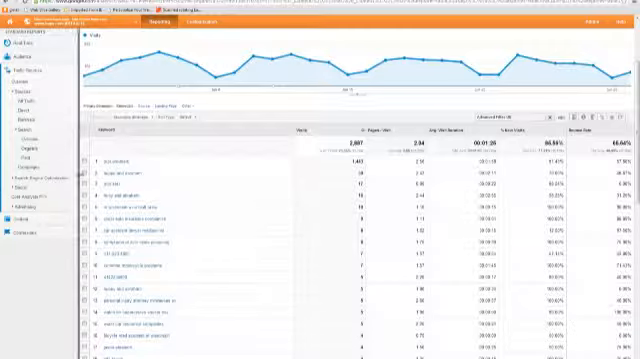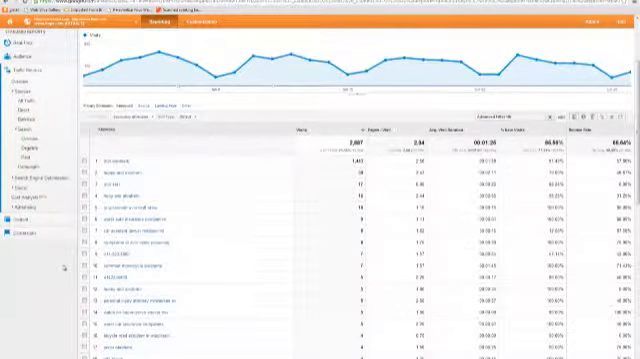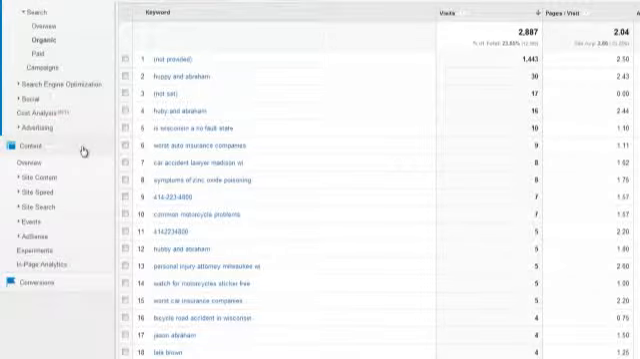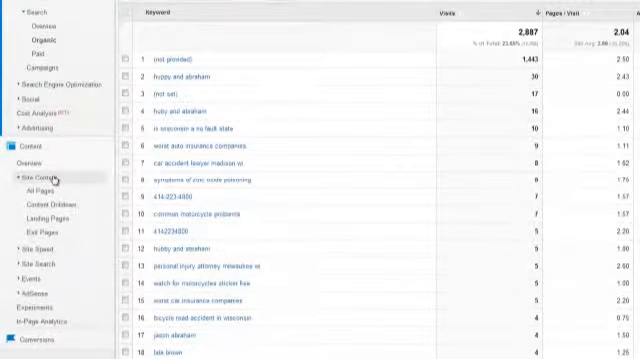Next, I'm going to go over top landing pages. A lot of clients are concerned about what the top landing pages for them are and what kind of conversion rate they have. This is a great area to find content improvements that you might want to make. So to find your top landing pages, you can click in this content section right here, go to site content,